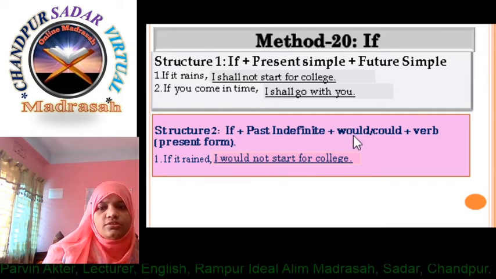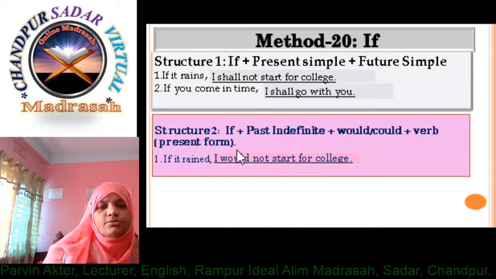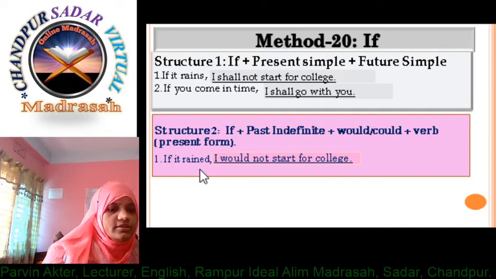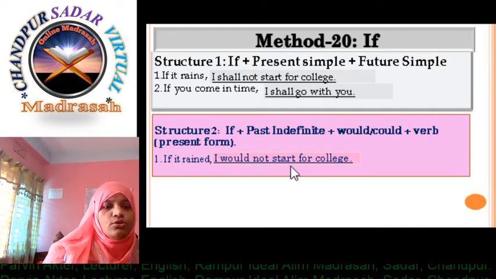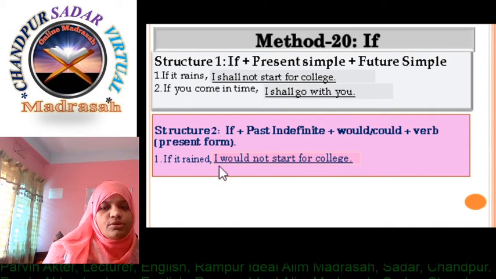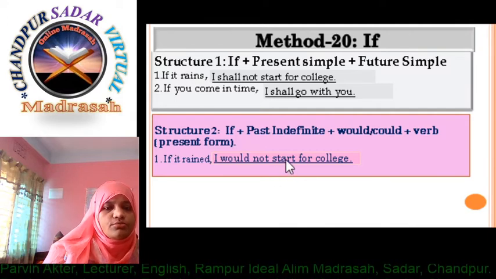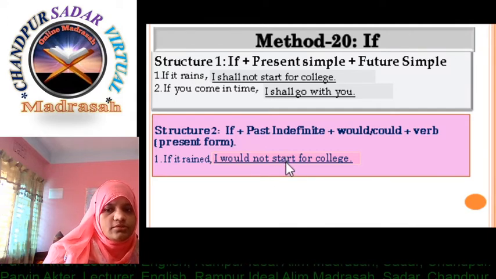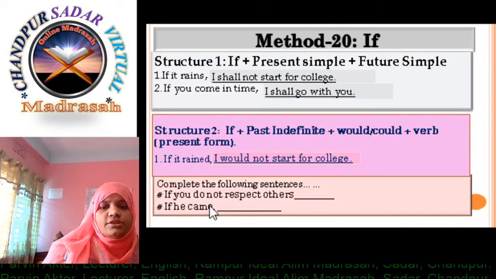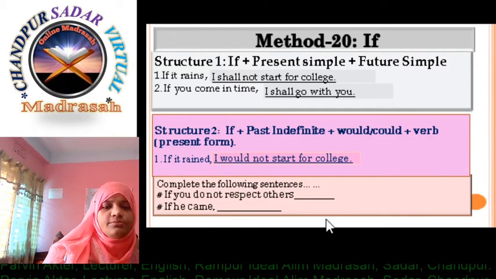Then structure 2. Past indefinite, then would or could plus verb present form. That means base form of the verb in the case of past simple. If it rained, I wouldn't start for college. Clear? So past simple, then the next structure would or could, then verb 1. Look at the verb 1. So complete this: If you do not respect others, what will you do? If he came,